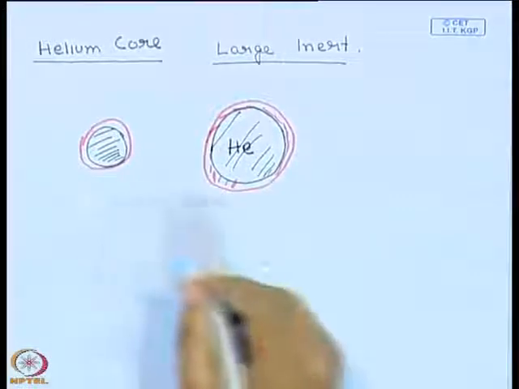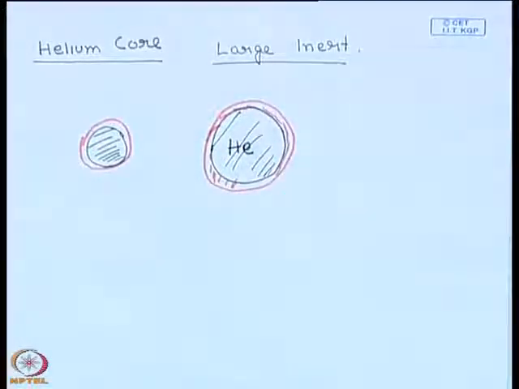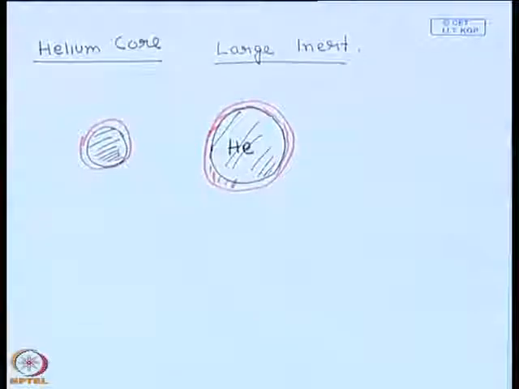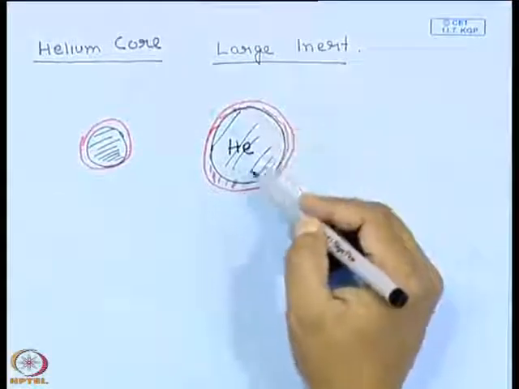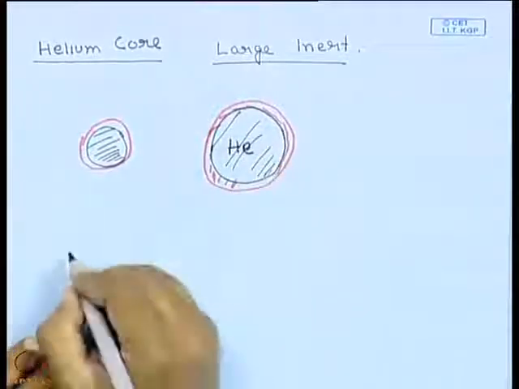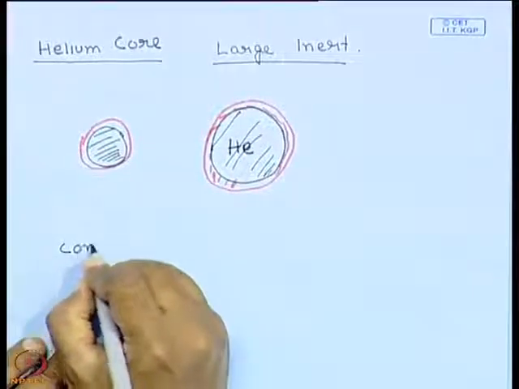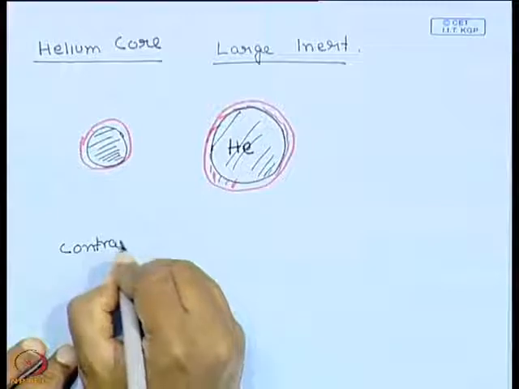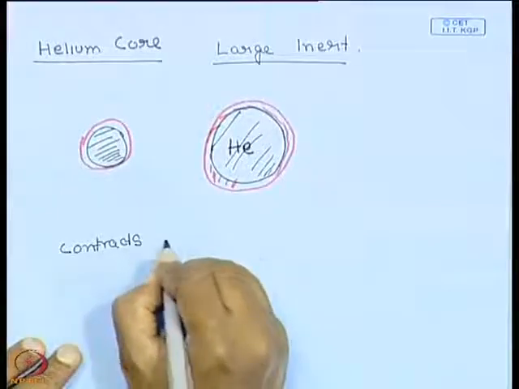The core is increasing in size because the hydrogen shell is burning more and more hydrogen into helium. So, that keeps on increasing, but this whole thing contracts because of gravity, gravitational collapse. Okay. And as it contracts due to gravitation,